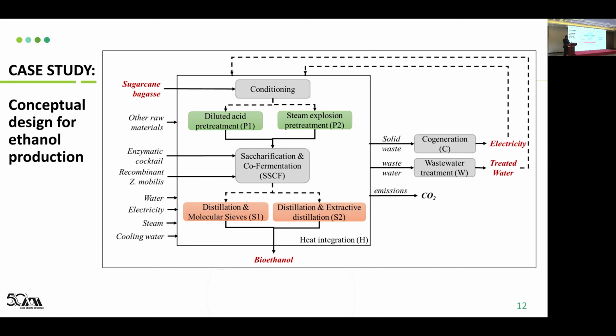The first one is dilute acid pretreatment and steam explosion pretreatment. We selected these two because they are reported to be the most efficient. While for the separation process, we have selected adsorption with molecular sieves and extractive distillation for the dehydration of ethanol, due to the fact that these are processes that have achieved lower energy consumption. Okay, in addition